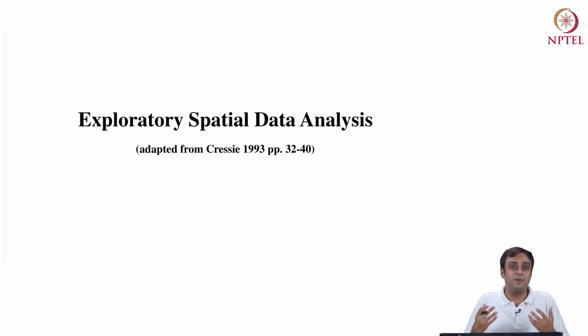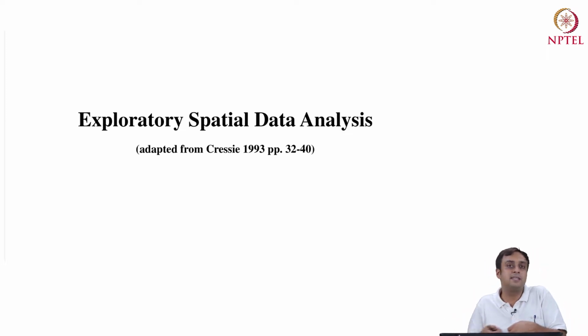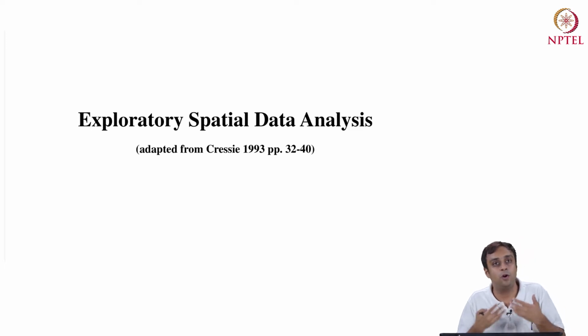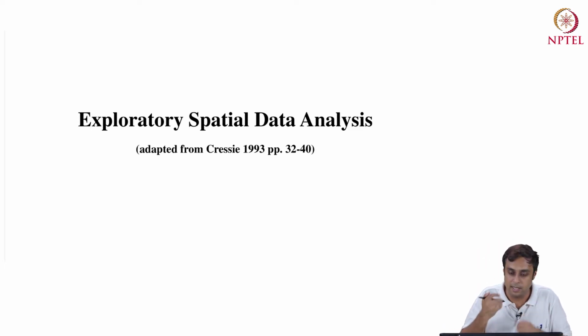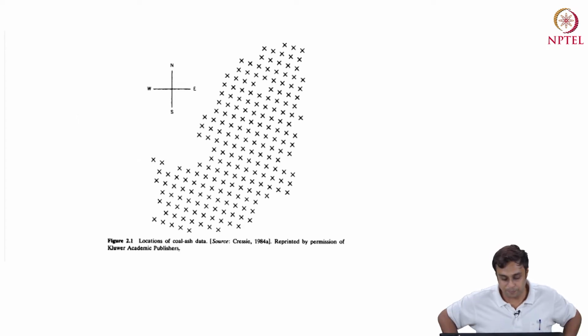Obviously, as a first step, location is going to become a marker to which you are going to summarize the data. So now your means and your variances are not just sample means, but they are sample means in the east-west direction versus the north-south direction, and so on and so forth. Because we are studying data analysis, we have to start with an example. So let's go step by step and look at what we look at when we try to summarize spatial data in terms of exploration.